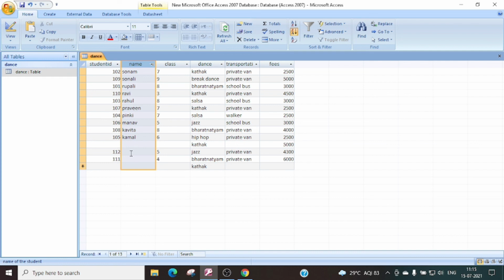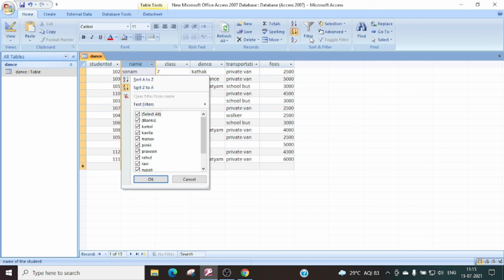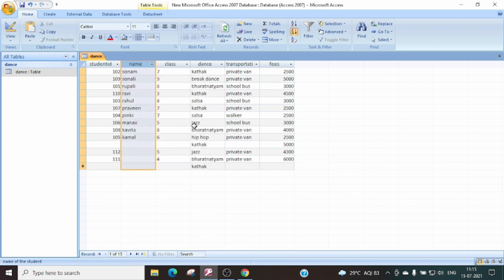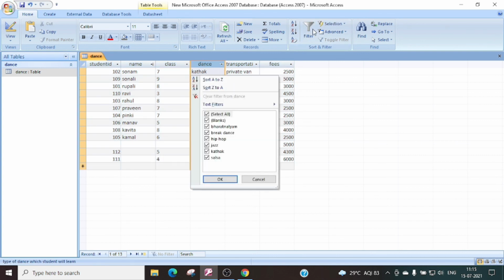Next is filtering records. Filtering records means if you want to filter records which match some particular criteria, then you can use the filter option. The filter option is given here. Just click on it, filter, and you have to select the whole data. Suppose I click dance, then filter.